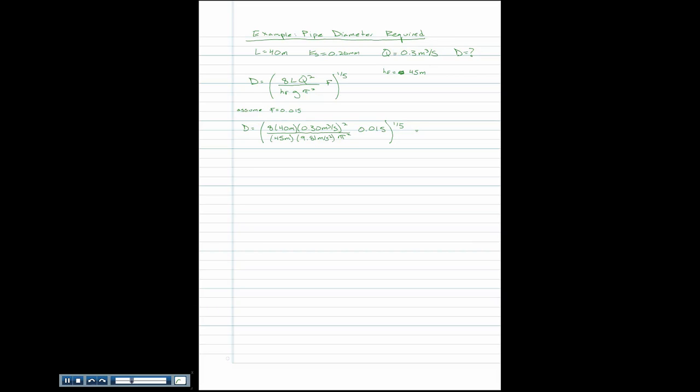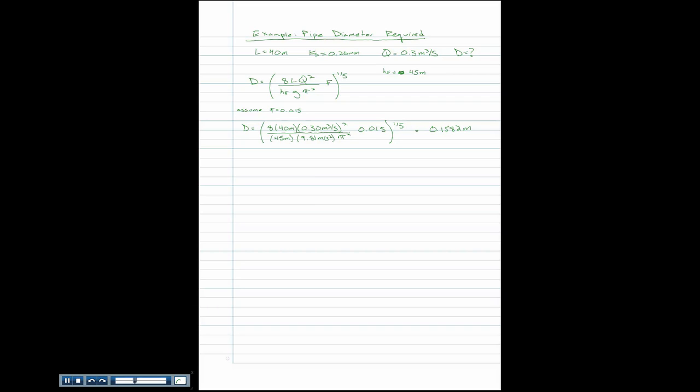So what diameter would be required for that? We'll pop it into our calculator. The diameter that would be needed is